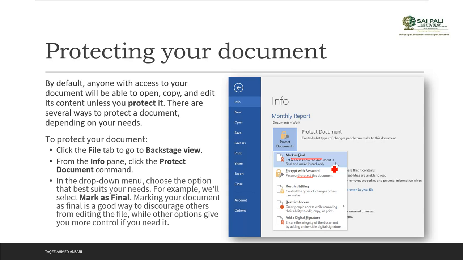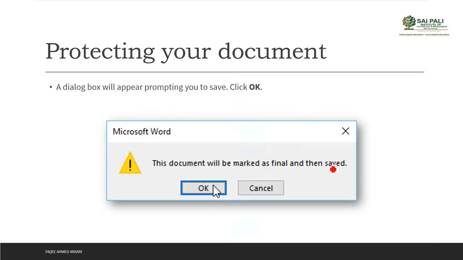If anyone opens the document, it will show a message in the status bar that this is marked as final and you should not edit it. It will not show any editing tools or commands in the document. But remember, it will not stop editing. But it is also a good option to protect.